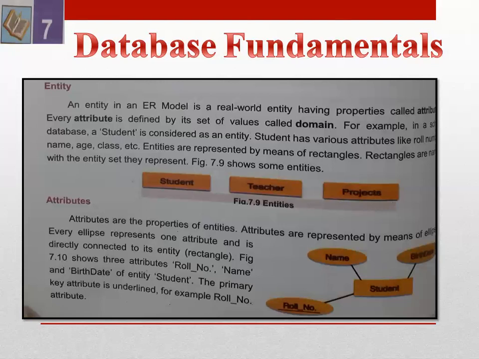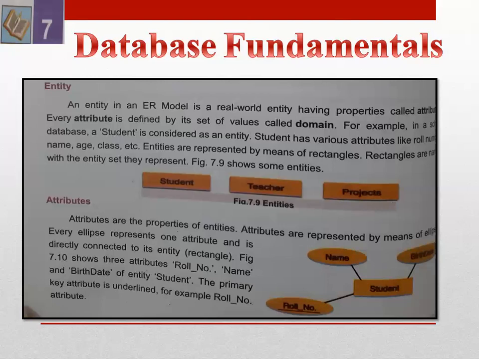Attributes are the characteristics of an entity, also called attributes or properties. An entity may have many attributes. Attributes are used to define objects or entities. Suppose student is one entity, and roll number, name, and date of birth are attributes of the student. And suppose you have a teacher entity, and here the attributes are name, degree, appointment date, pay scale, nationality, telephone number.